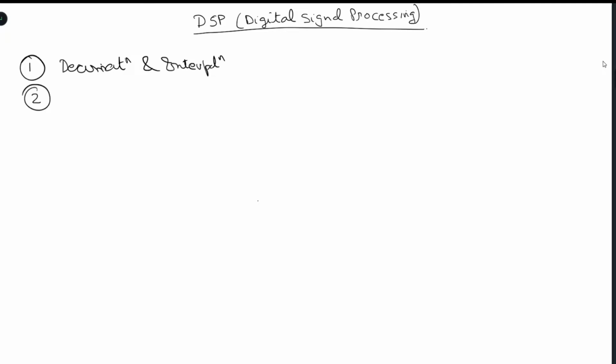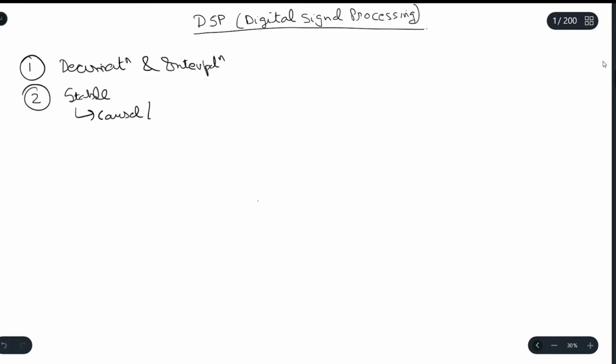That is, first of all, we will see what is decimation, and then we will see what is interpolation. Then secondly, we will discuss the different properties of the discrete time system signals. That is, we will see the stability, whether a system is stable or not. Then we will see whether it's causal or non-causal,